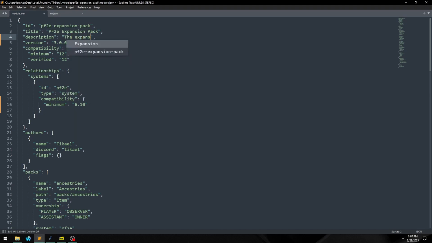The expansion pack for Pathfinder 2nd edition. Right, now I'll give it a more proper name when I actually do the thing. For modules that are